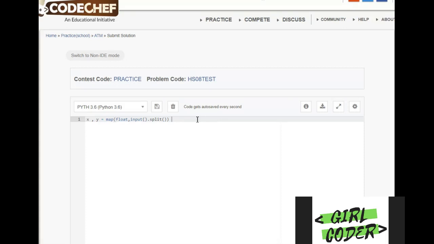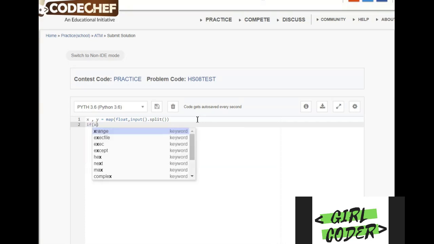We have taken input and now we need to check the constraints. There are two constraints as given in the question. One is whether X is a multiple of 5 or not. Let us check that by using an if condition. How do we check that?